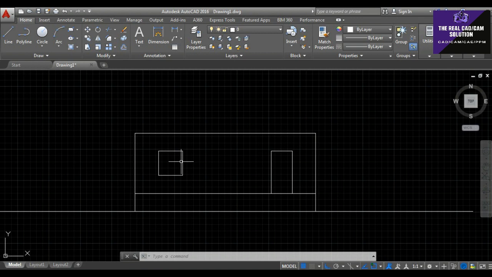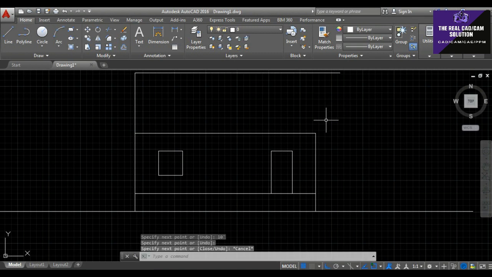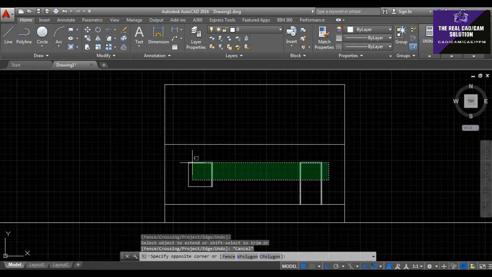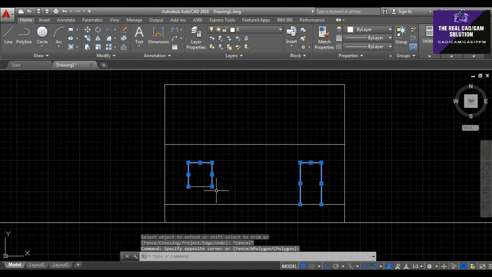That's why I want to choose the top of the area. It's accurately 10 feet.